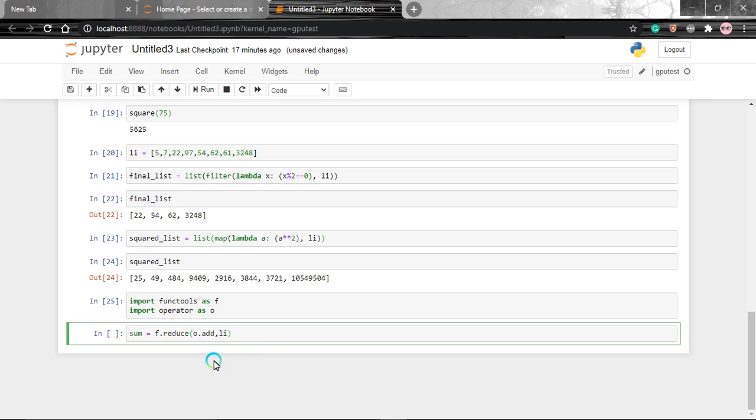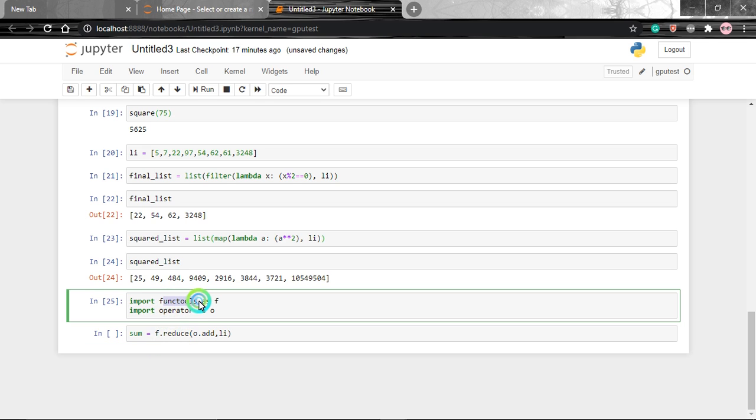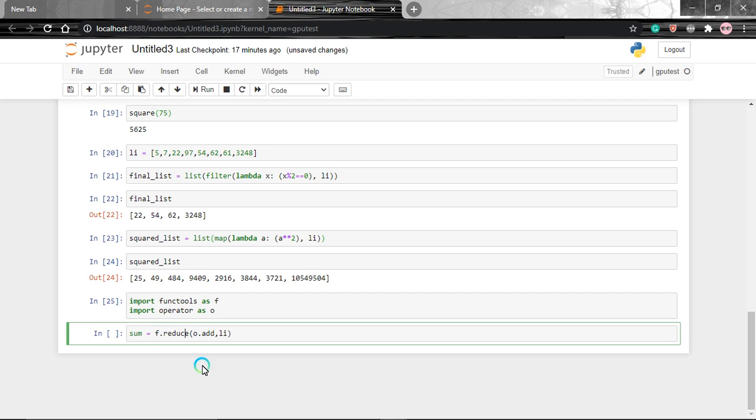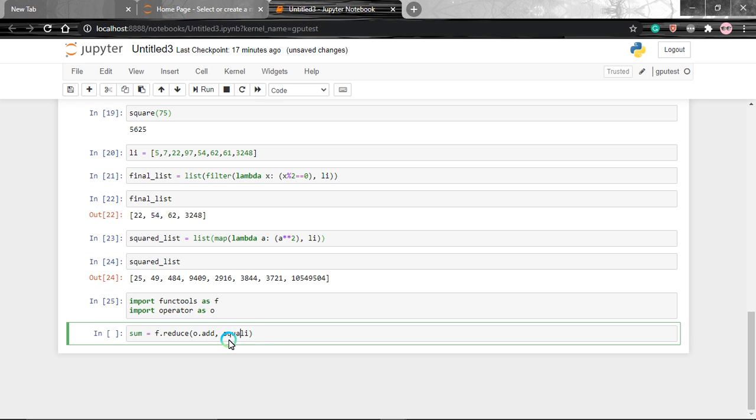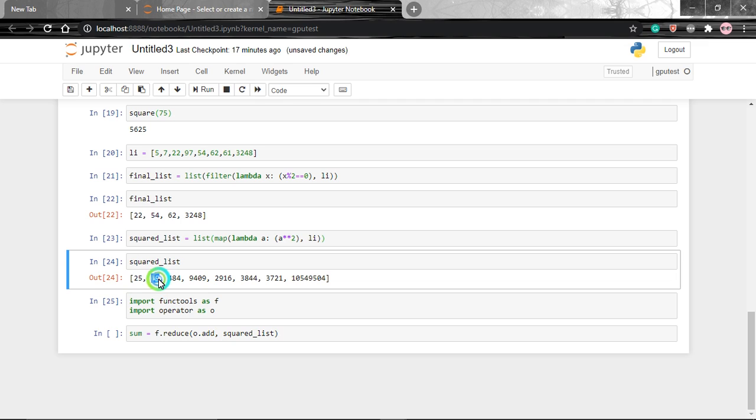Let's see what this means. f is the functools library, and reduce is a function present in that library, and o dot add is an operator, and then the list. Sorry, I'll put squared list here. So what this does is, o dot add will go to the first elements and add the first two elements first, 25 plus 49, then we'll get some value.